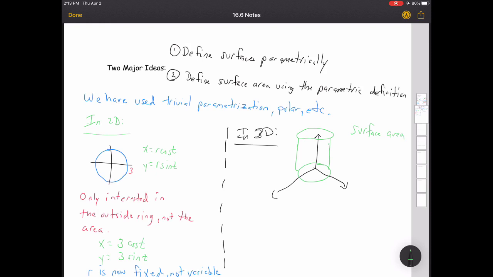So when I parameterize this thing, I have to think about this in 3 different pieces. I have to think about the bottom of it, the top of it, and then the lateral face around the outside. And that's where it's going to get a little bit different. So we actually have to think about, okay, what does the bottom of the surface area of this look like? Well, now the bottom of this thing is a disc, so it does include everything. It includes the outside ring as well as all of the inside. The top of it is going to be exactly the same thing. It's going to be a disc, so it's going to be the outside ring and exactly the inside stuff as